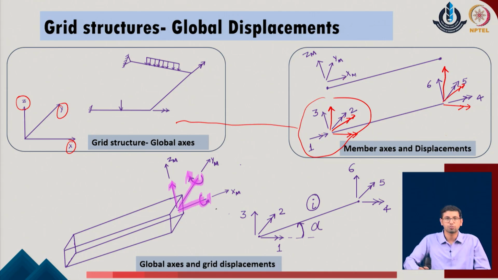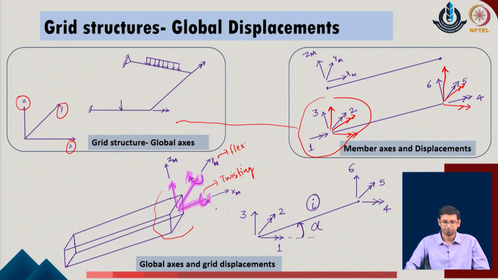That is our next aspect. At the same time, we must also realize that in the local coordinate, when we are defining the given system, the one moment defined in the local member direction is the twisting moment. This is typically responsible for twisting in the given system, whereas the second one, which is normal to the given plane, the axial length of the member, is going to make the system bend. That is the flexural action of the given system.